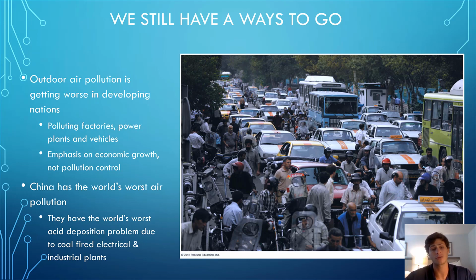And this is because developing countries put an emphasis on economic growth over the health of their citizens or environmental health. So their priorities are in a different place. And in addition, China, which is one of the most developed and economic powerhouses in the world, actually has some of the world's worst air pollution because they continue to put a premium on economic growth as opposed to their citizens' health. So they have the world's worst smog, something we'll talk about in a minute, as well as very bad acid rain deposition and electrical pollution and coal-powered power plant pollution, those sulfur dioxides and nitric oxides, which contribute substantially to the long-term health of their citizens and the environment at large.